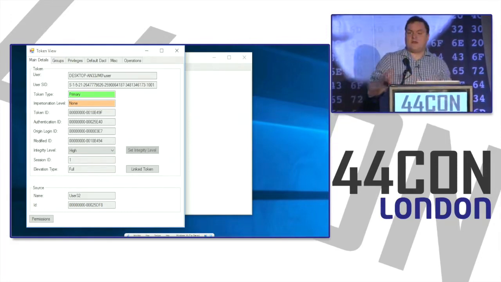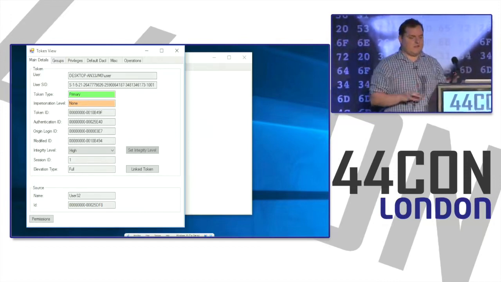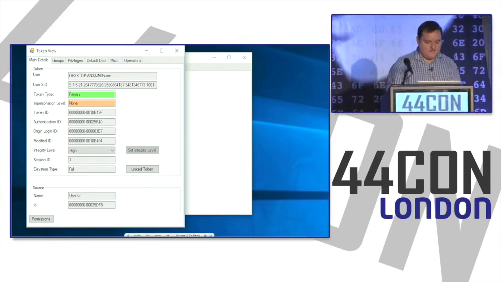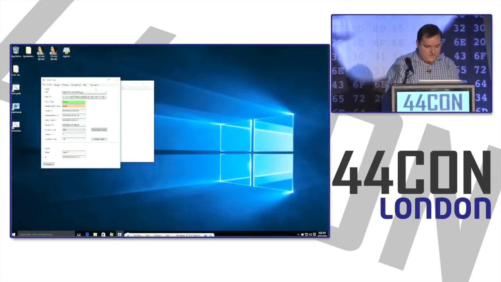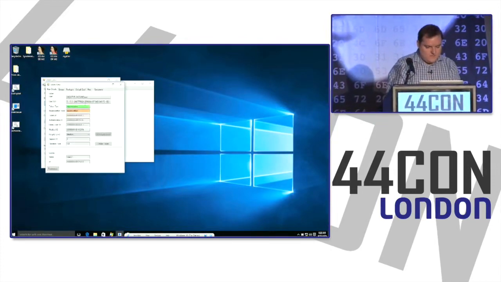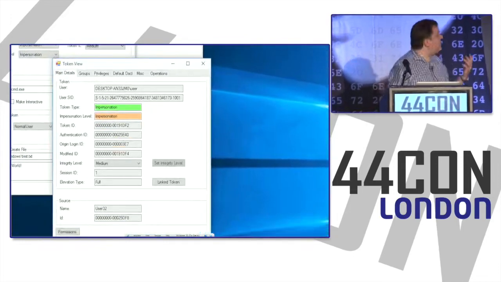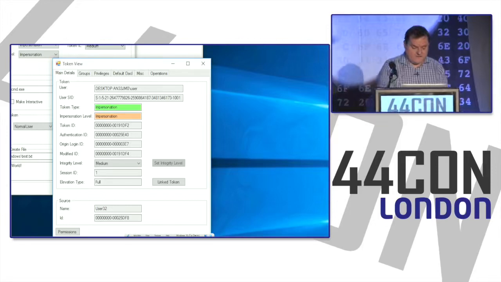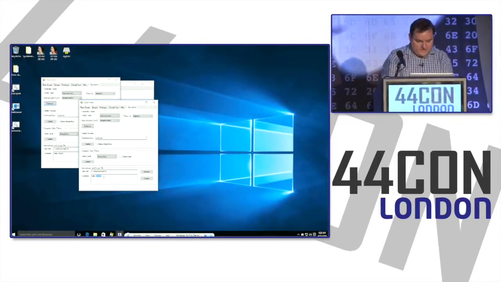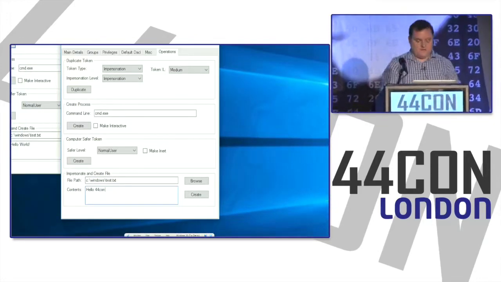But one thing we can do is we can impersonate it. But again, we can't actually just impersonate it because the integrity level is too high. But we can change the integrity level. So if we just create a new one, we can change the integrity level. So now it runs at medium, but this is still an administrator token. And I've just got a little testing harness here, which will impersonate and try and write the file to C:\Windows.